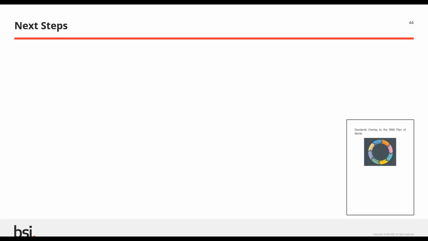And ultimately, that is really all I wanted to talk about, so we can move on to the Q&A in a second. But what we've done is, as part of producing this standards overlay, we've produced an outline draft. We have gone through all the individual stages, looking at all the bold items and all the key activities within the RIBA plan of work, and I've started to outline what are the standards that connect to those. And I did note that there was a question that came in pre-submitted asking about non-British standards content, and the hope is that as we produce this, we will add in more content.